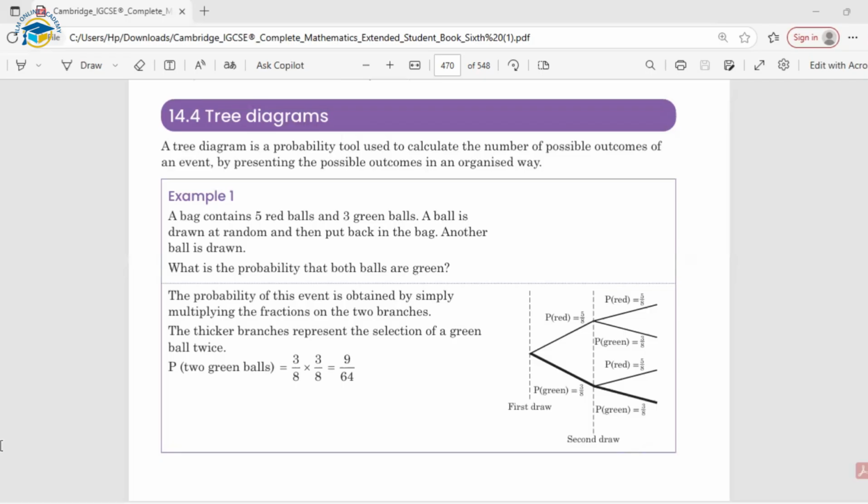First of all, the very basic concept of tree diagrams you can get from my previous lectures in exercise 14.2a and 14.2b. In those, I gave some very basic concepts about the tree diagram, where we used it for different coins, possibilities, and others as well. But here we will go into depth. Tree diagrams are not quite difficult, but here we need to go with two important concepts. One is with replacement